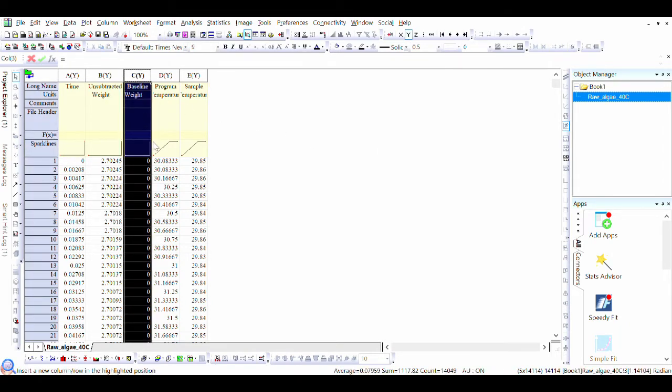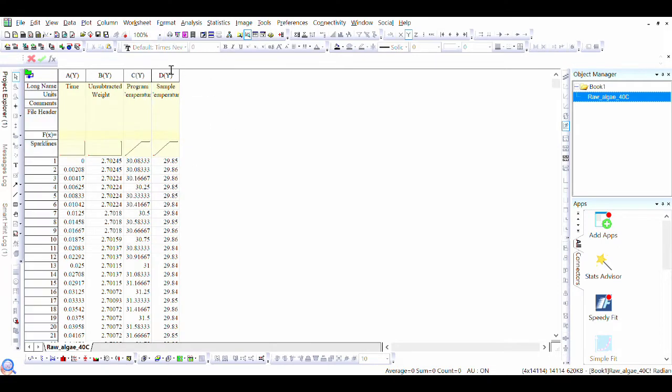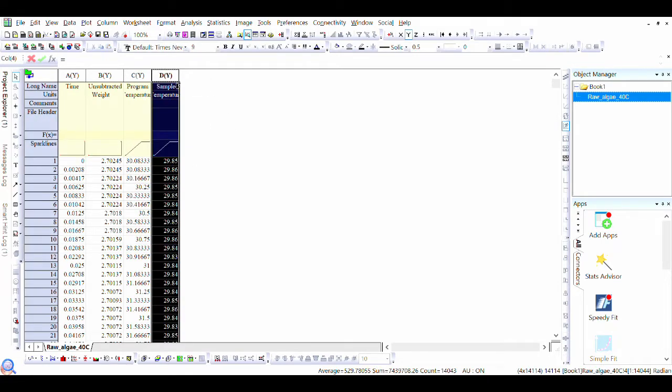Baseline weight also we don't require. So here we'll add one column which will be our weight percentage. For that we'll press Ctrl D, we'll add a single column,